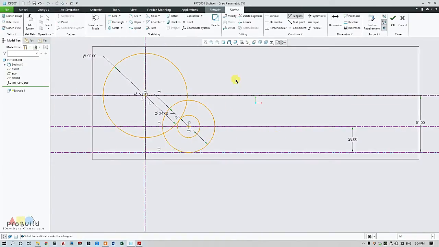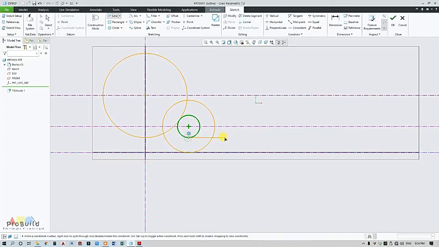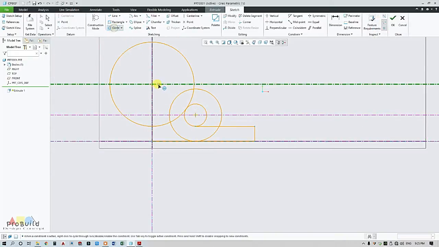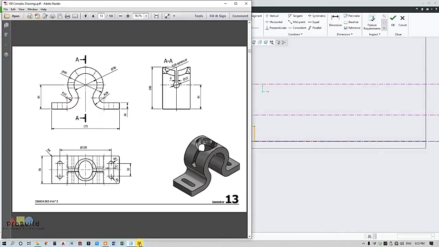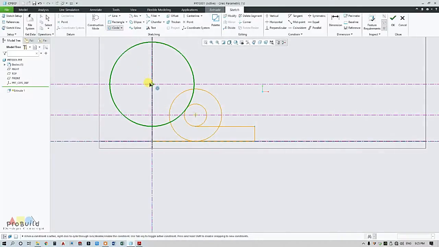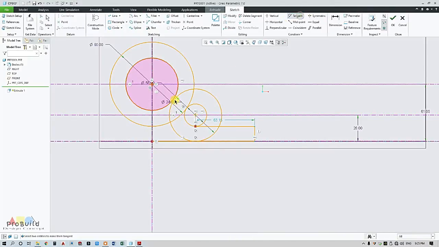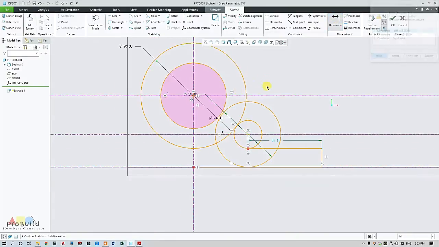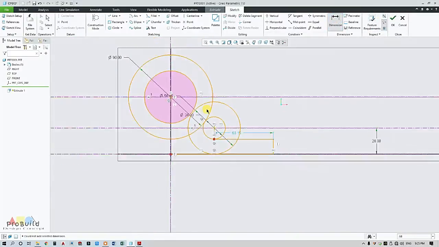Now I need to go up with the line, so I'm drawing line and completing this profile, and this will be 16. Obviously this is fixed. Now I need to draw my center circle, which is 58 in dia. So I shall draw in tangent with this. So click on tangent, select both circles, it becomes tangent. Okay, now I need to cross check with my dimension. Okay, this is fine.